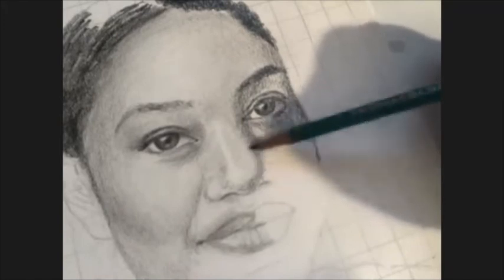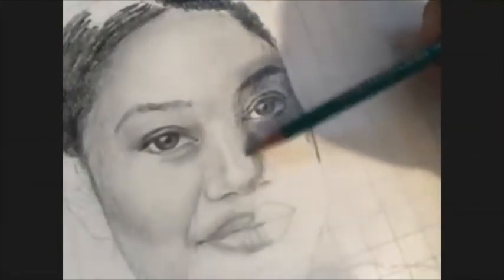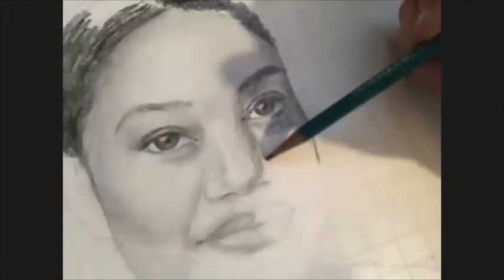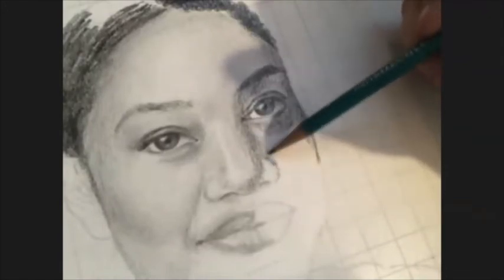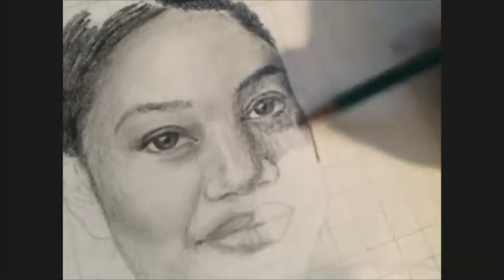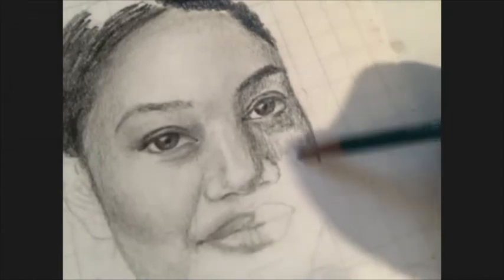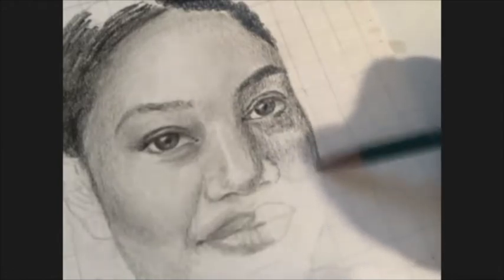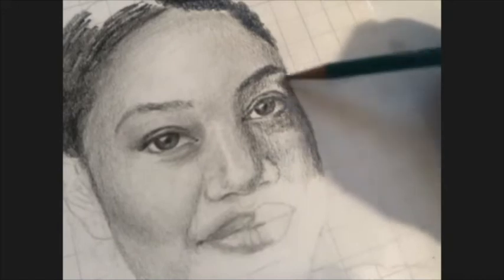I also have, there's that highlight here that I erased out. And very, very small marks. Okay, and I'm cross-hatching a little bit as I work my way around. Okay, and then I would keep doing this for a while, but before I do, I want to show you how I can smooth that out